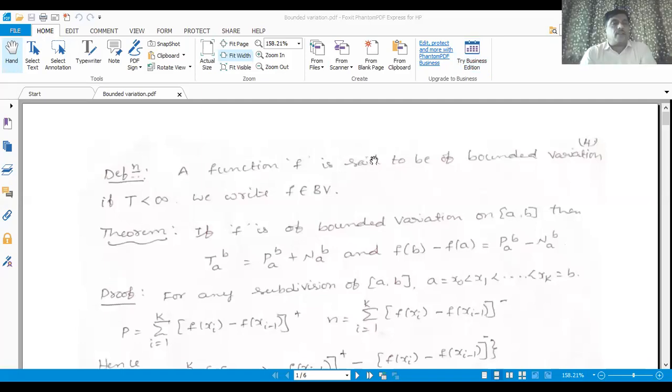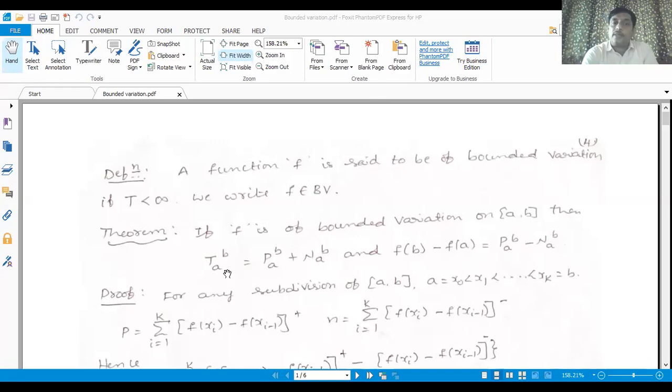You know that a function f is said to be of bounded variation if T is finite. So we take an interval [a, b], and in that interval, if T of a comma b is finite, then we say that it is of bounded variation. And also we discussed in the last class, if f is of bounded variation on the closed interval [a, b],